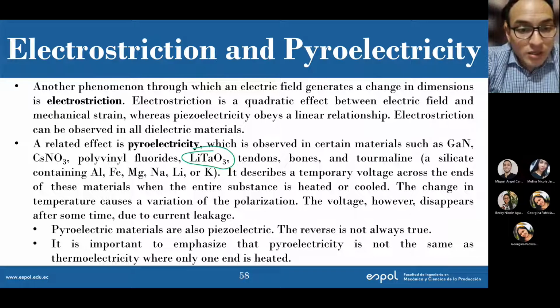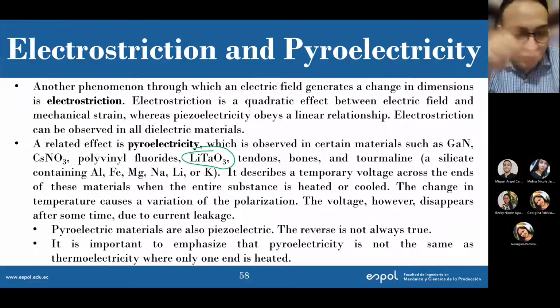Yeah, pyroelectricity is really momentary. After some time, due to current leakage, that voltage disappears. And this is also important. All pyroelectric materials are piezoelectric, but not all piezoelectric materials are pyroelectric. Okay,